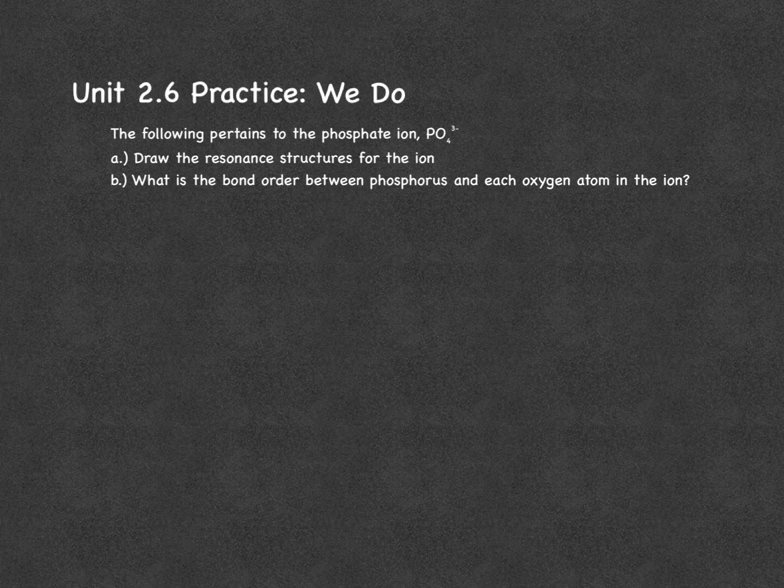Unit 2.6, we do practice. The following pertains to the phosphate ion PO4 3-. Draw the resonance structures for the ion, and then what is the bond order between phosphorus and each oxygen atom in the ion? So, as with any Lewis dot structure, we first need to start by finding our total number